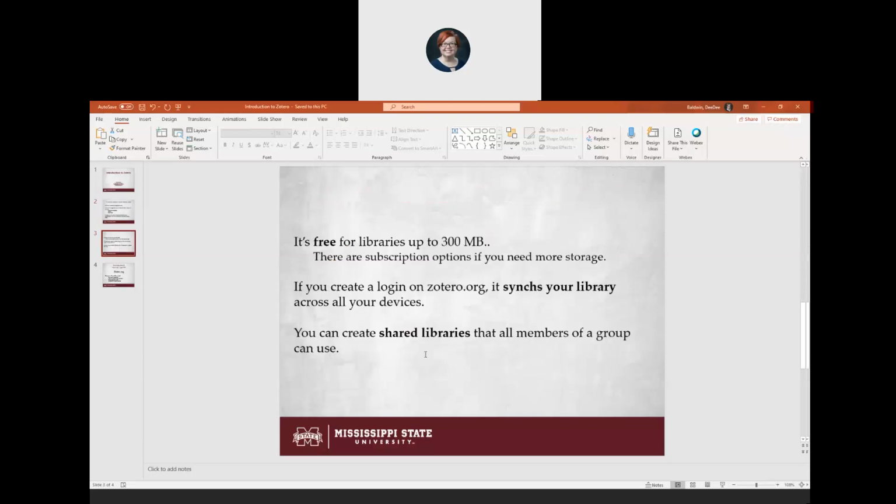So Zotero is free as long as your article library is under 300 megs. If you do need more than that, they have subscription options that are pretty reasonable. Last time I looked, if I remember correctly, it was only about $20 for a whole year. So it's very reasonable if you do need more than 300 megs, but as long as you're not doing just a humongous project or you never clean out your articles between projects, you shouldn't have any problem staying under the